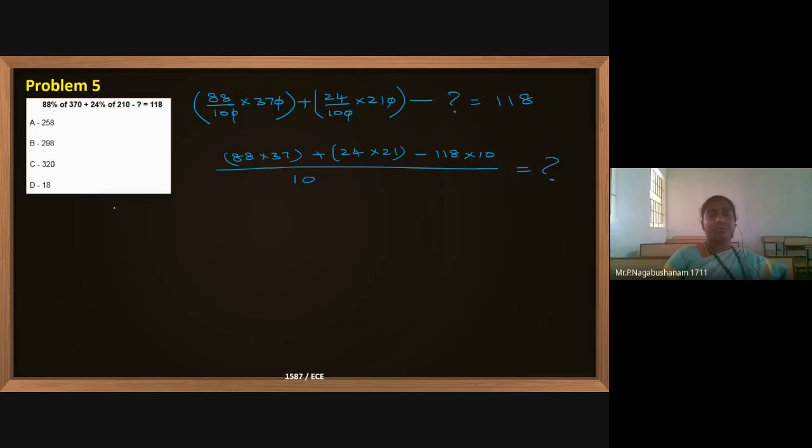Okay, so now whatever is possible, if I take 8 common, is there any possibility? Or 4 common, or 2 common, is simplification possible or not? Whichever is possible, we can do it. Otherwise, we have to multiply the entire thing. Okay, so now I will do it like this.